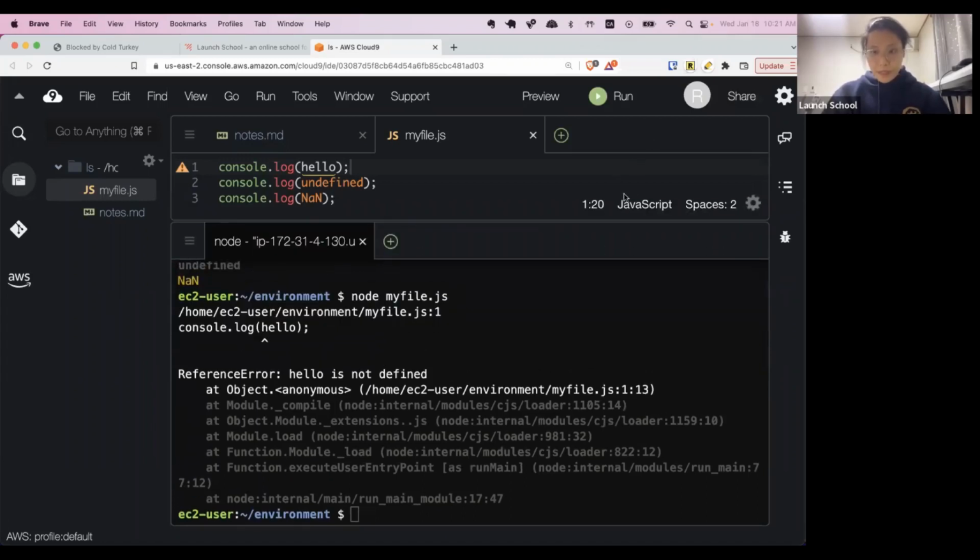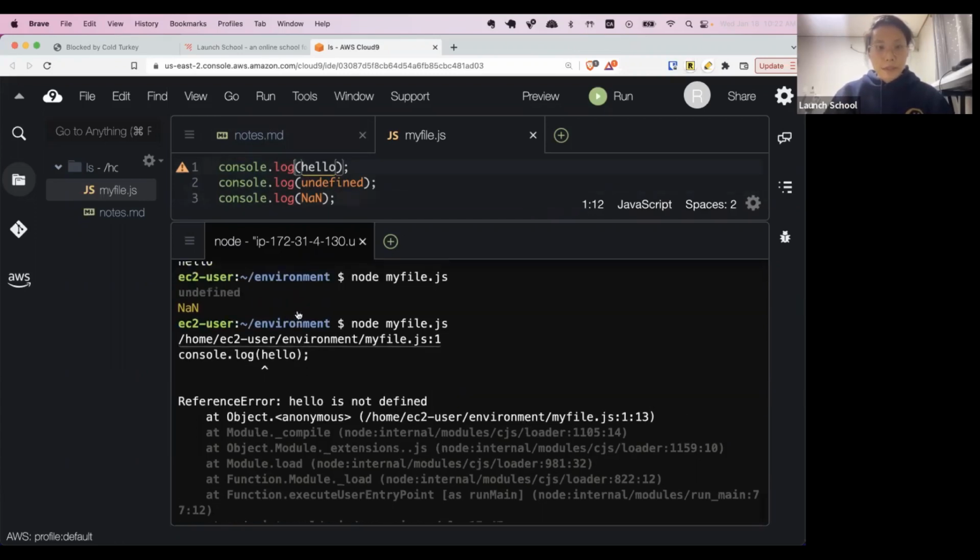It looks kind of scary, I guess. We can see that we ran the file, and then it shows the path of the file that we created, and it says :1, which is the line number in which the error is happening. It points to the word hello, and it says hello is not defined. This is an error. And as I mentioned before, when errors occur, the program stops running. So it didn't even get to lines 2 and 3, so we don't see undefined and NaN output anywhere here. That's because the file crashed. It didn't